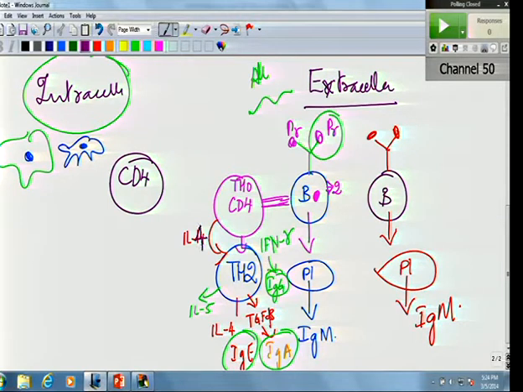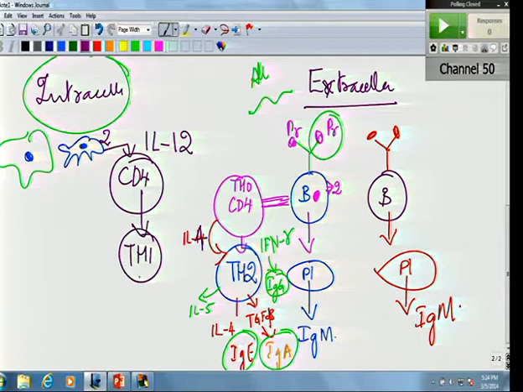So, the dendritic cell is now going to display this antigen which it managed to phagocytose again with MHC class II to the CD4 cell. And what is it going to secrete to tell the CD4 to differentiate into Th1? Interleukin 12, good. So, interleukin 12 secreted, CD4 differentiates into